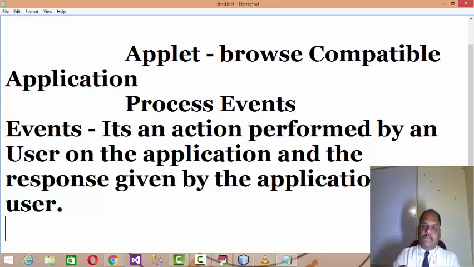Hope you understand it. You have an application, and on that application if the user performs any action, whether by mouse or by keyboard, then how the application will respond to that event, right? Let's say for example you enter a name and then click on the send button, then obviously that click is the action, and what the application has to respond to that action is called event handling, right?